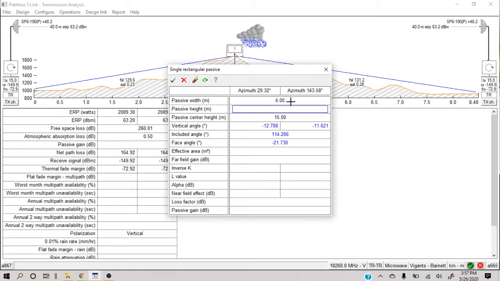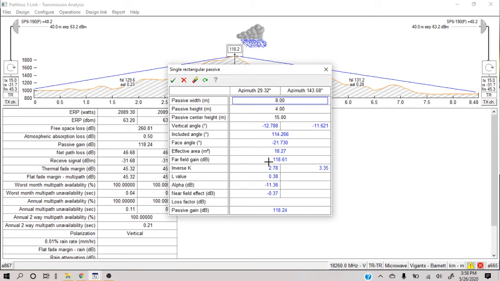For example, I put it as 4 and I put it as 2. So you can see here that I have a gain of almost 106. This gain is the passive gain here. If I make it double the size, you can see that the gain increases by almost 6 dBs. If I make it double again, it again changes by almost 6 dBs.